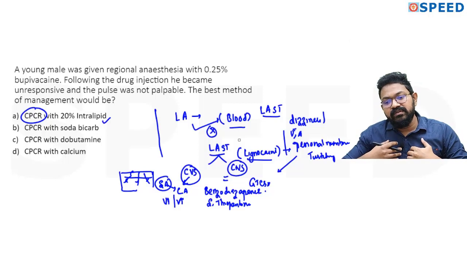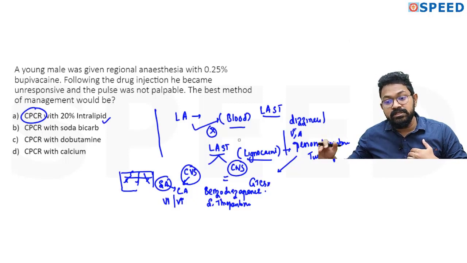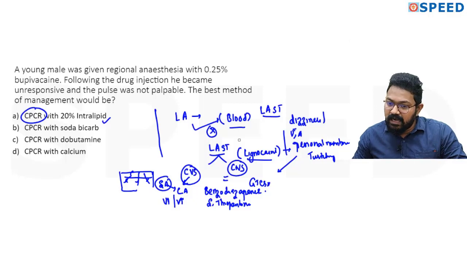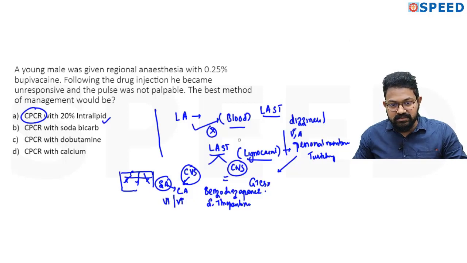Sometimes what we need to do is put the patient on a cardiopulmonary bypass machine or an ECMO machine, so that the patient will have some time till the drug effects wean off. Right? If it is possible, you put the patient on ECMO or on CPB, the cardiopulmonary bypass machine. And when it comes to the pharmacological management of this bupivacaine induced cardiac toxicity, you do